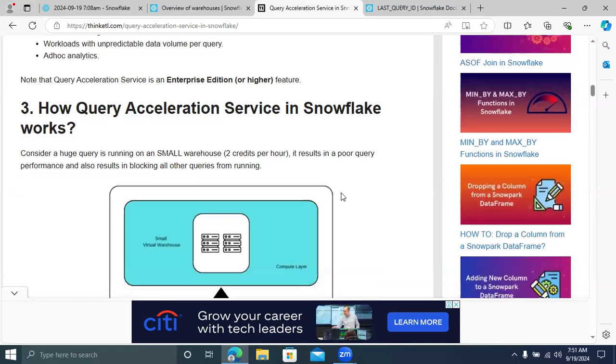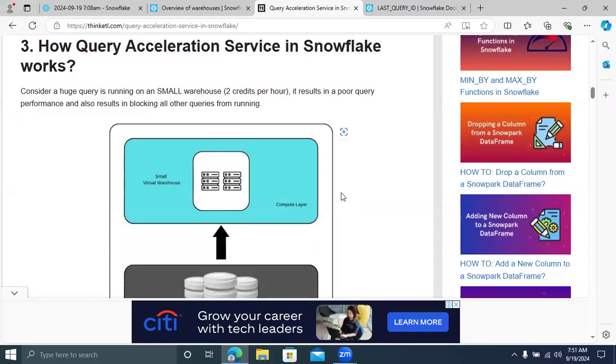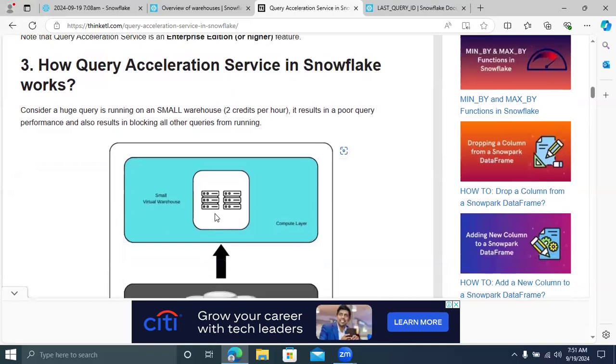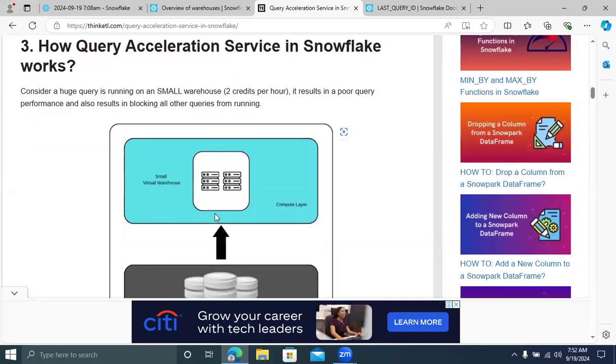Now, I'm going to give one example. I'm using a small virtual warehouse. This is the computing layer, and this is the storage layer. For a small virtual warehouse, the credits will be 2 credits per hour. But in the small warehouse, I want to run a huge query.